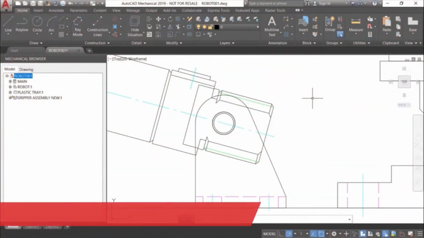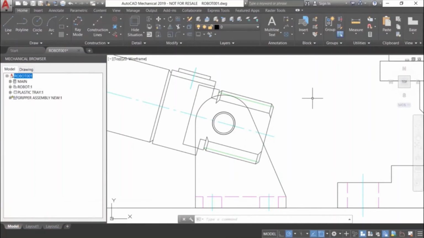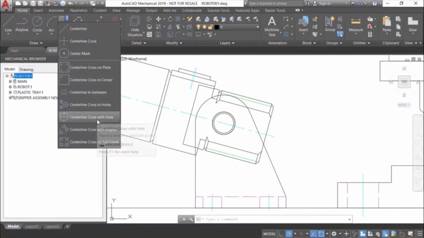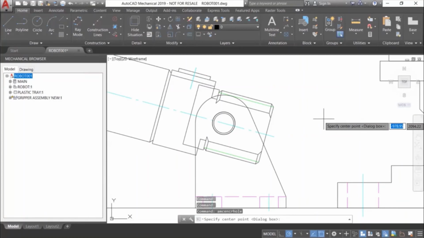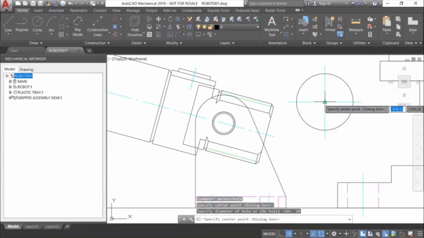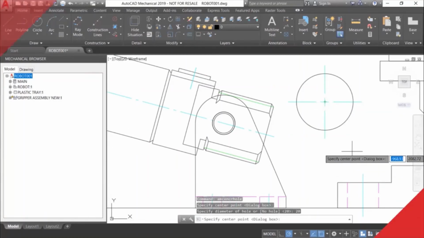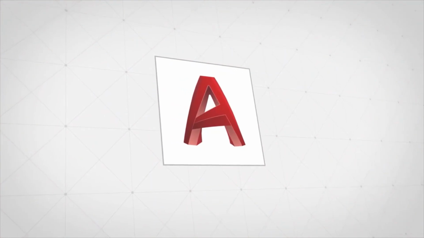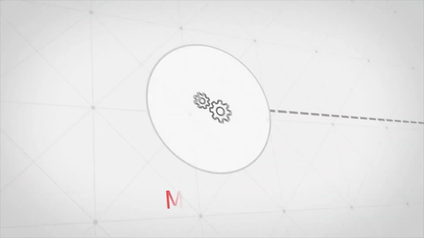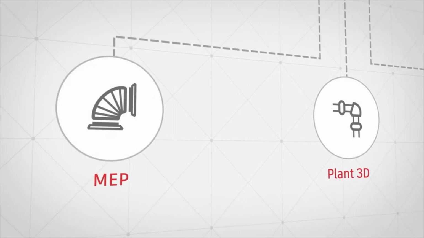One more example. Let's see how the toolset simplifies drawing accurate center lines. Once more, the mechanical toolset makes quick work of the task. All you have to do is select the center line tool, followed by the object, and end by placing the center line. Using AutoCAD 2019 with specialized toolsets, you're able to simplify tasks that used to be repetitive and time-consuming,